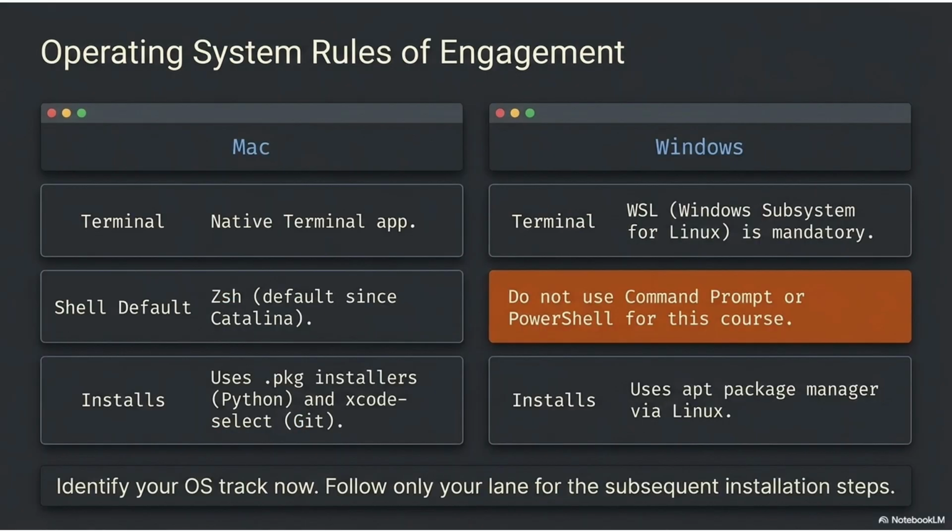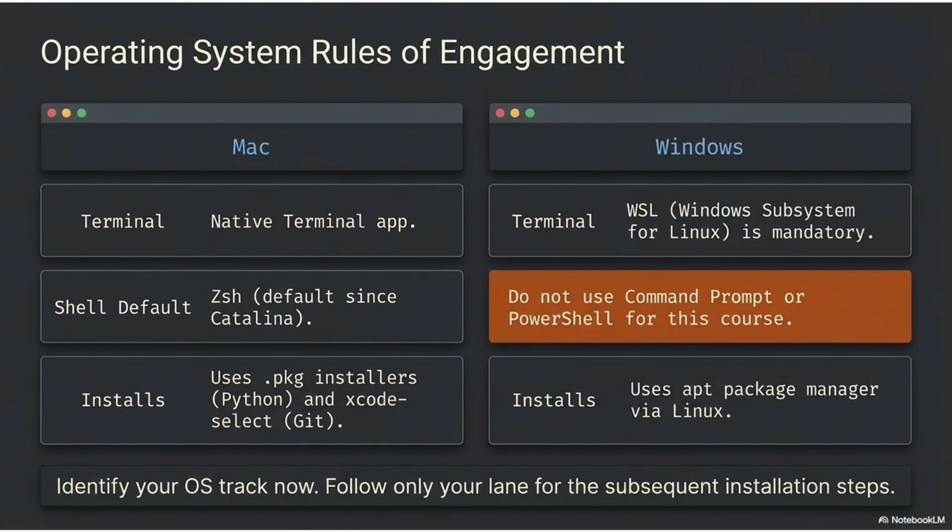The operating system rules of engagement define 2 separate setup paths. Follow only the lane that matches your OS, or your operating system, for the subsequent steps. Mac: Terminal is the native terminal app. The default shell is Zsh since macOS Catalina. This installs Homebrew, the package installer that fetches files from the web, Python, and